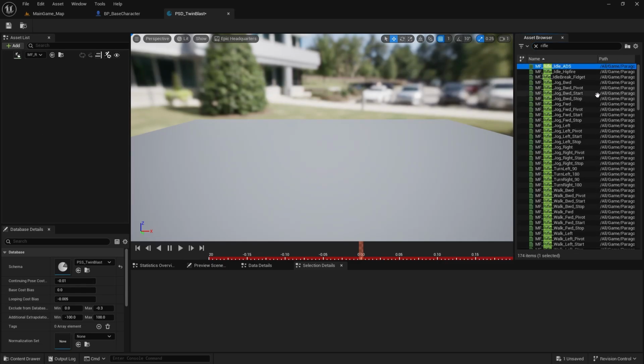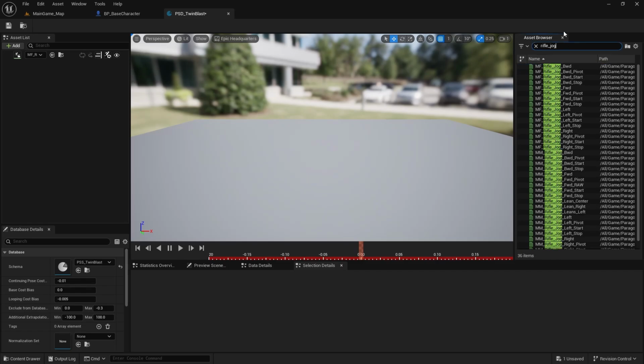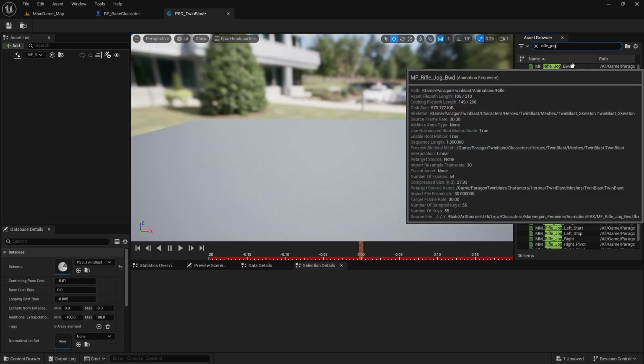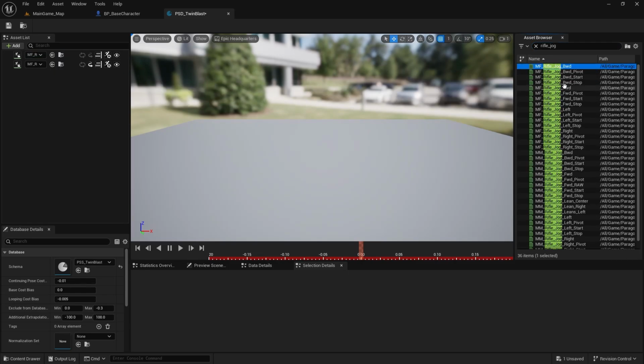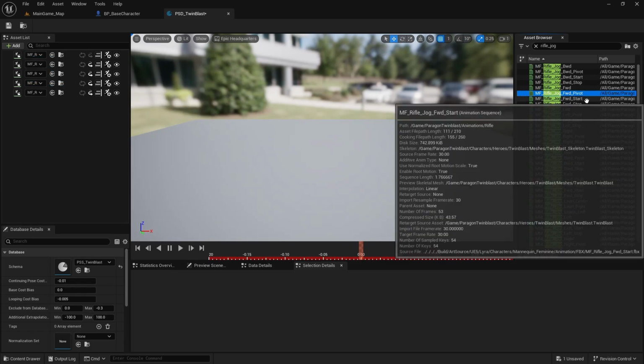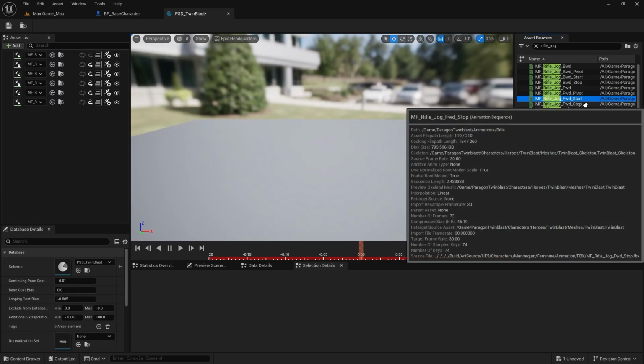That's the first we need to add, and then I'll come here and we need to add these jug animations. So first of all, we have this jug backward, we have jug forward. I just simply drag and drop, and you can add it like that. And then we have this jug backwards start, jug backwards stop, and we have jug forward start and jug forward